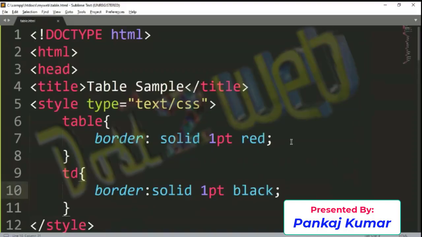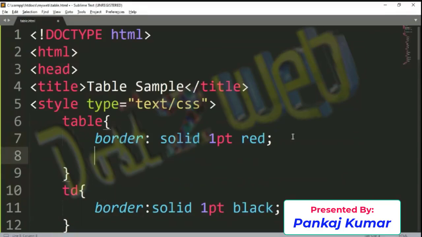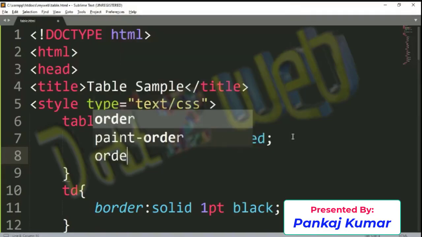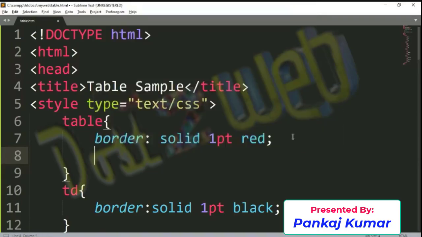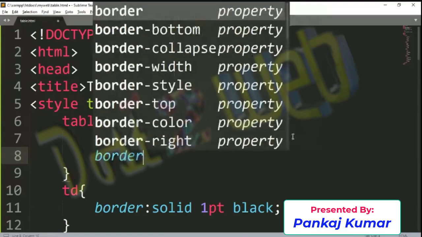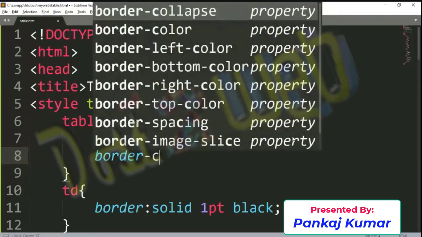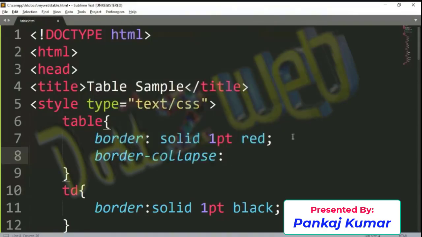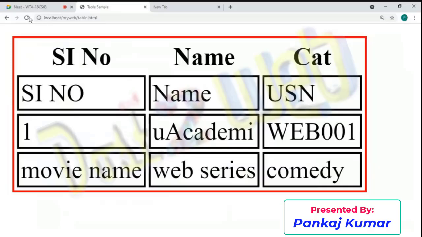So for that, you have to use a property in the table. What property will you use? You have to use border-collapse, with the value collapse. Now refresh.